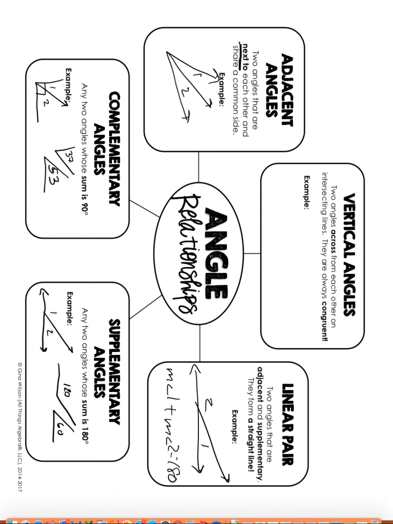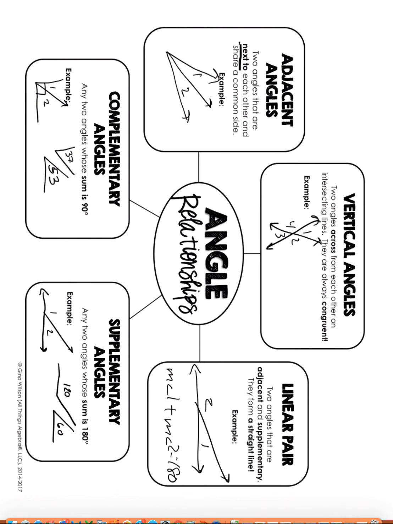And then finally we have vertical angles. Vertical angles are across from each other if you have intersecting lines. So let's bring that down a little bit. What do intersecting lines look like? Here are 2 intersecting lines. Vertical angles are across from each other. So if I label this 1, 2, 3, 4, then the angles that are across from each other are vertical